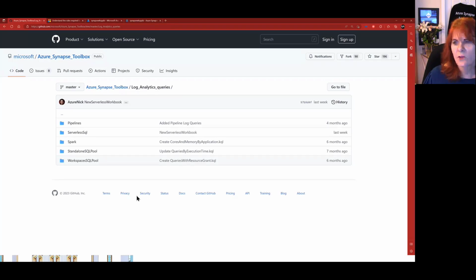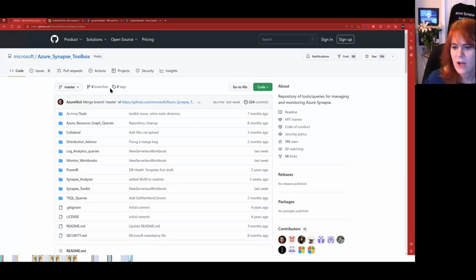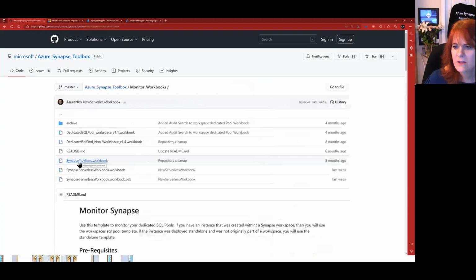So first, you want to make sure that you are logging using Log Analytics, and then you can have some pretty in-depth way of looking at the data that's contained within it. So I can take a look at my completed pipelines and the longest running different pipelines once I've got Log Analytics specified. So I've got a lot more information that I can provide when I've got that added to it. So it gives me a much greater analysis of my data that's available to me if I log that to Log Analytics. And I can also take a look at